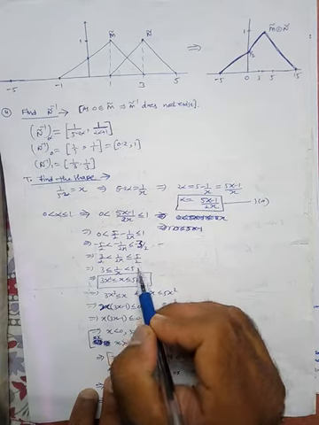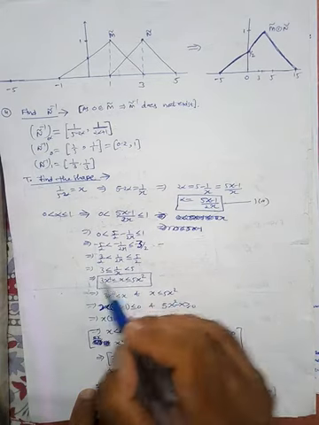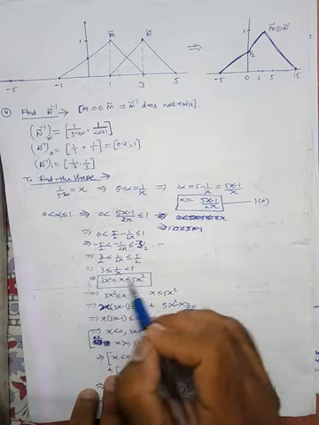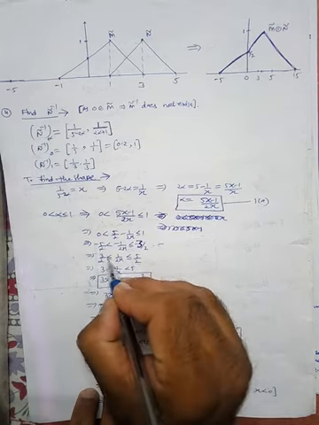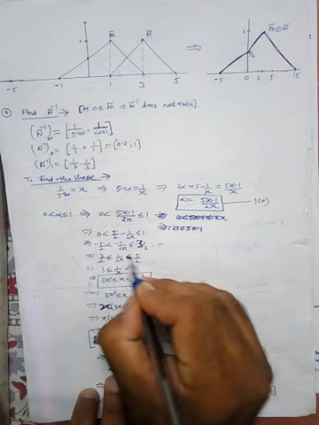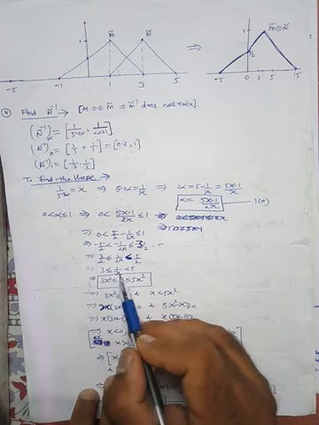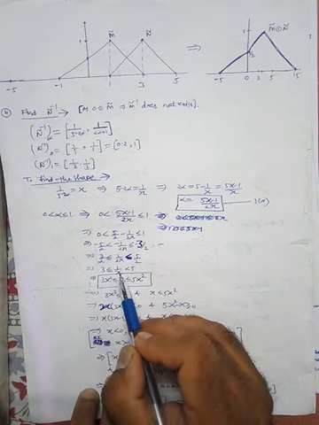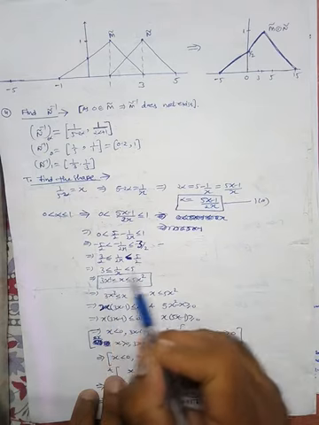Fine. Now multiply by 2. So 3 is less than or equal to 1 by x, which is less than 5. Here we have equality and here it is strictly less than. Now since we don't know whether x is a positive number or a negative number, we don't know. That's why multiply by x square.